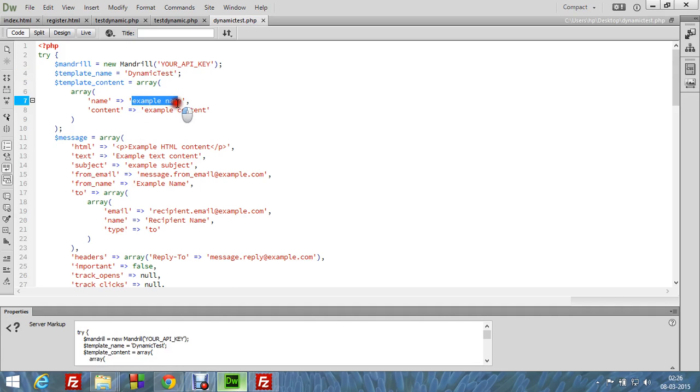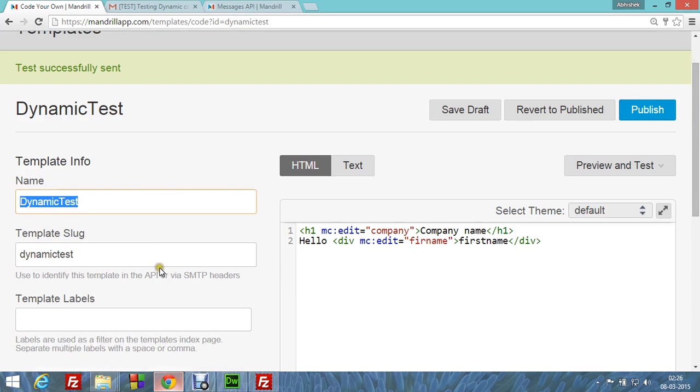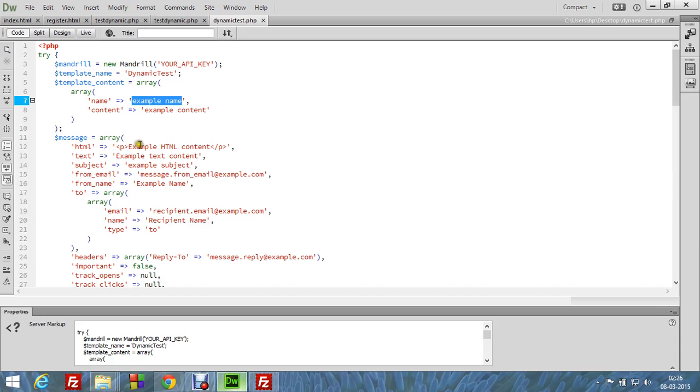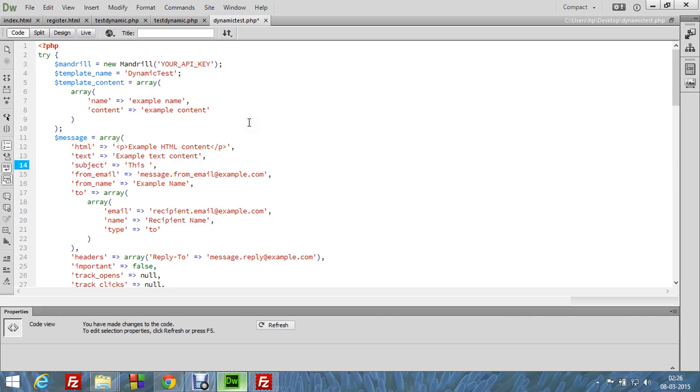Then example array content, right? This we need to replace. So we'll check what we need to do, but for now let's just keep it as it is. Template slug and all we need not replace. Here we need not do anything. Text nothing. Subject can we replace? Subject we can say it as this test email subject, right? I'm not sure you can see this, but this is test email subject, and from email,